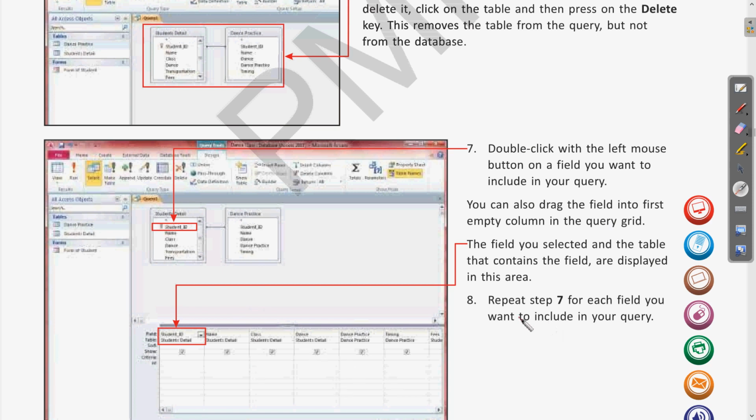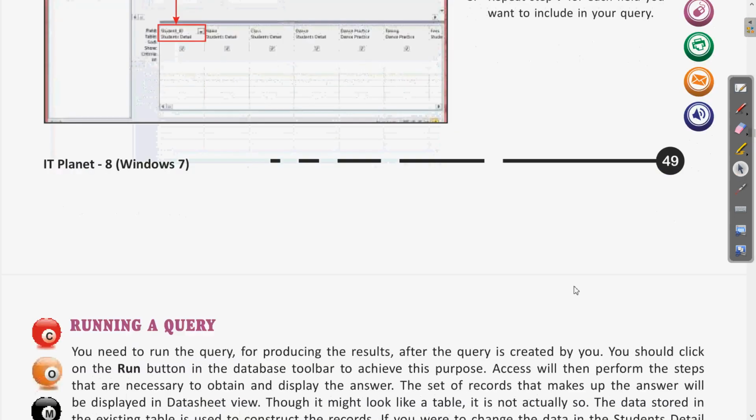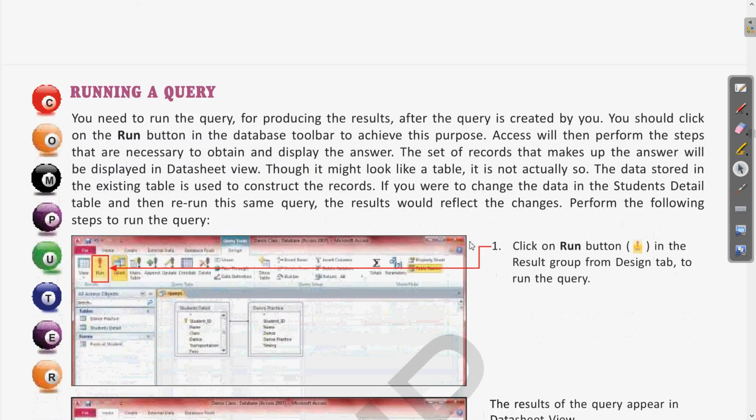Then step number 8, repeat step 7 for each field you want to include in your query. So for all the different fields you want to include, you have to do the same, either double click or drag it to that area. So we can use both approaches.